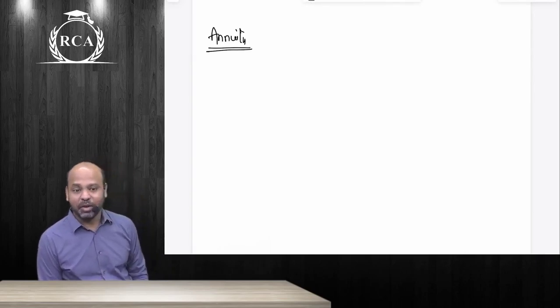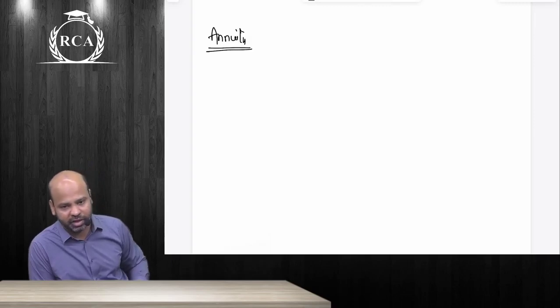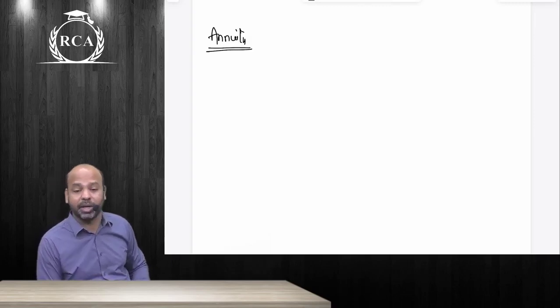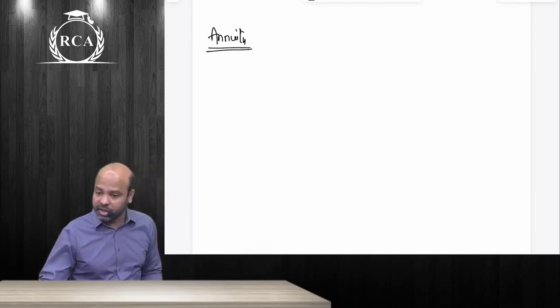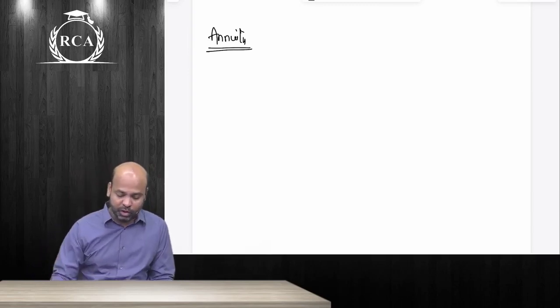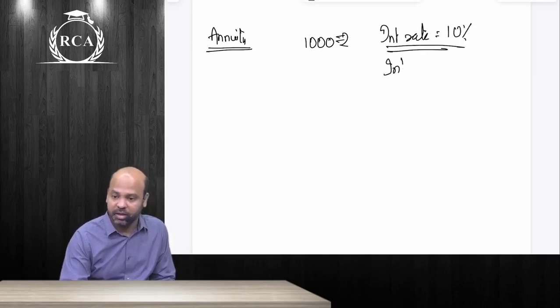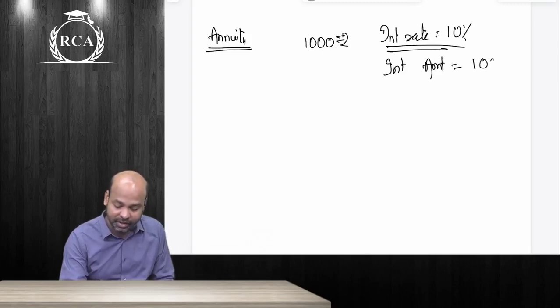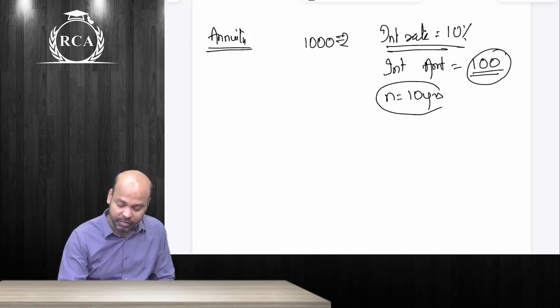Yes, beta. So annuity, guys, is a series of cash flows where the cash flow remains constant and the time gap also remains constant. It can either be in respect of a receivable or a payable. You're investing in a debenture, it pays an amount of coupon every year. Can that be considered an annuity? Coupon payments. You have put 1,000 rupees in a debenture. Interest rate, beta, is 10%. What is the interest that they're going to give you every year? If the interest rate is 10%, what is the interest amount that you will get every year? If the maturity is 10 years, are you going to get this 100 rupees for a span of 10 years?